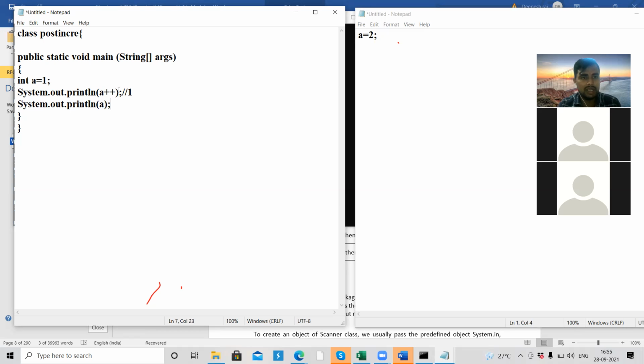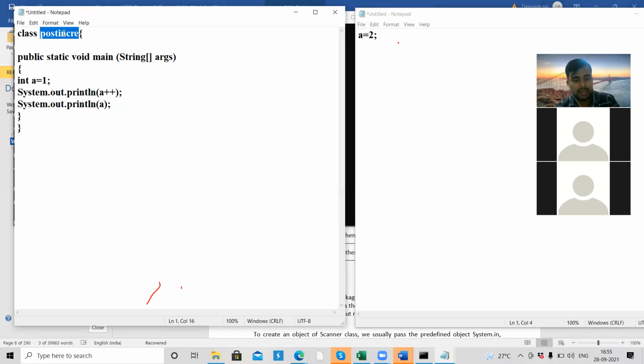So if I save this, in the first line it is going to print 1, the current value, and then it will increase. And the second line prints the increased value. The new value of a is printed here.